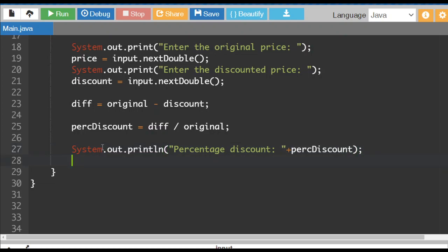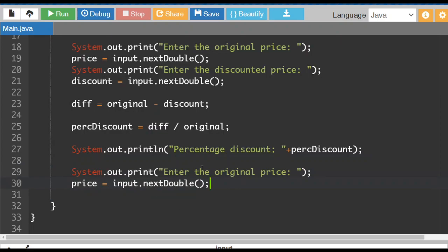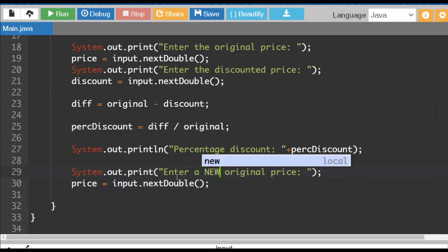Okay, now what I want to do is prompt them for another new original price. Enter a new original price. And then what we are going to do is we will be calculating what the discounted price is based on